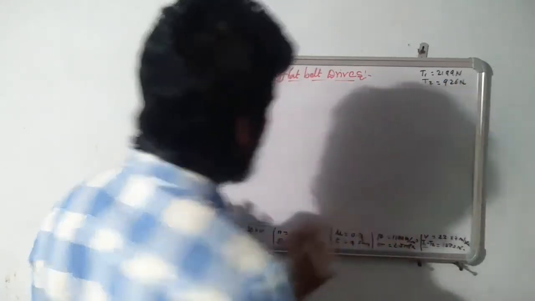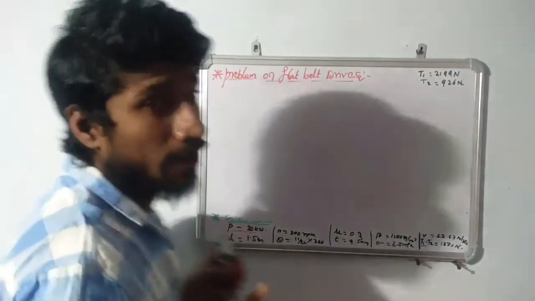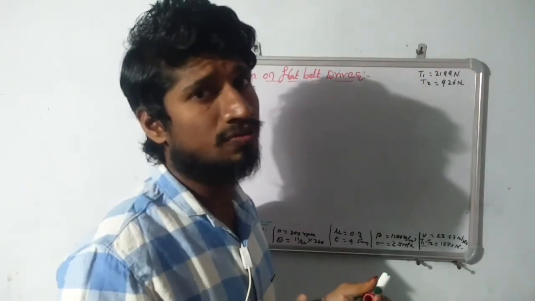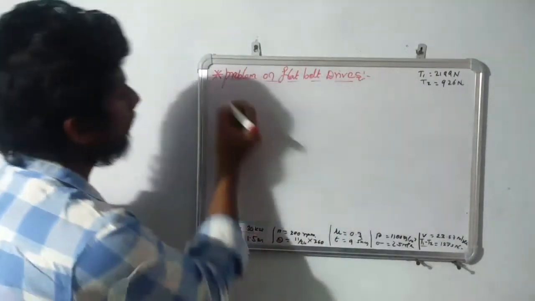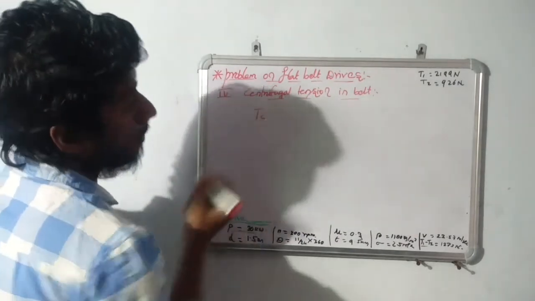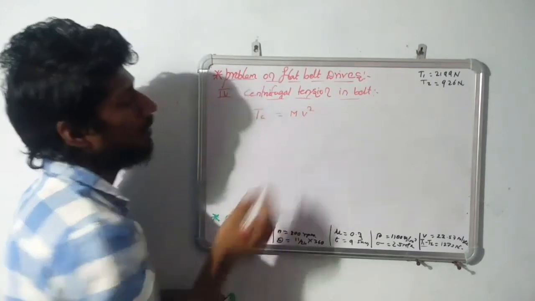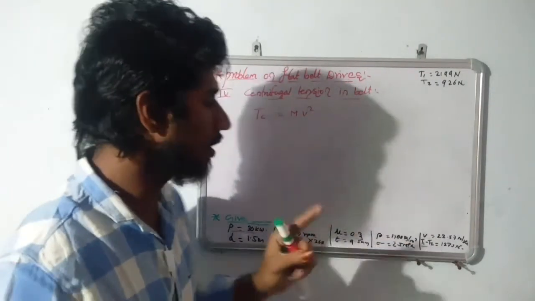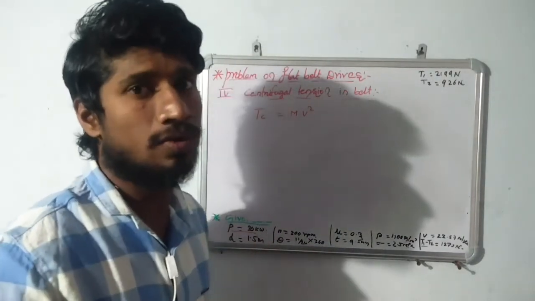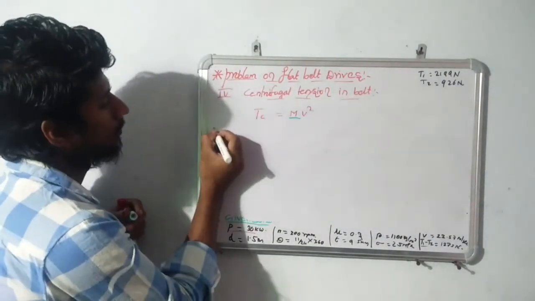926 newtons. Okay. Next one is the centrifugal tension. If you find out the problem, consider the centrifugal tension for the purpose of finding the width. So that is denoted by Tc, which is equal to m into v square. We know the velocity, we have already derived it, but what about the m here? That is the mass of the belt, but we don't know the mass of the belt. So first of all, find out the mass of the belt.